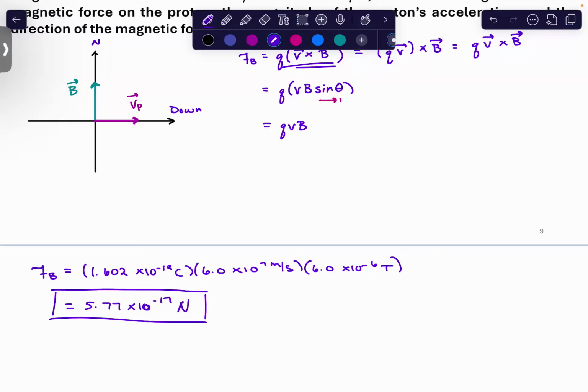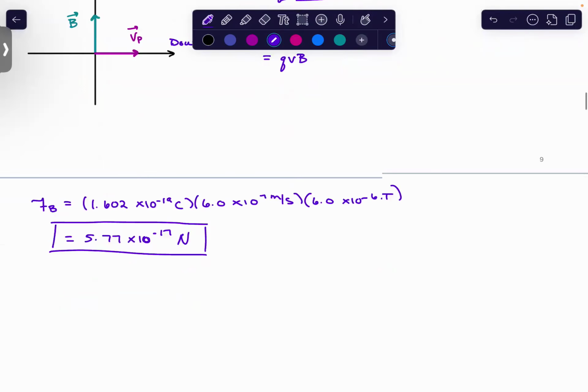Which is weird because Tesla's an electric car, but it's a unit of a magnetic field. So no, but it's not a magnetic car. Okay, so